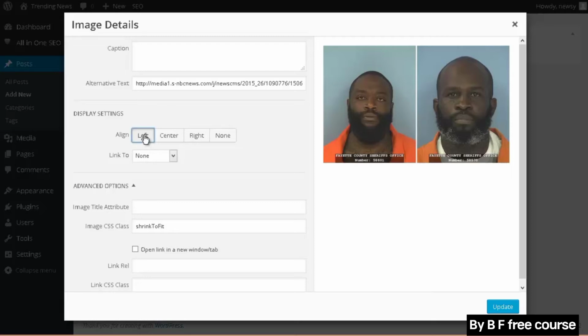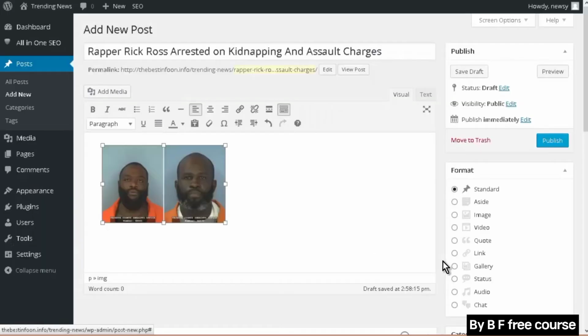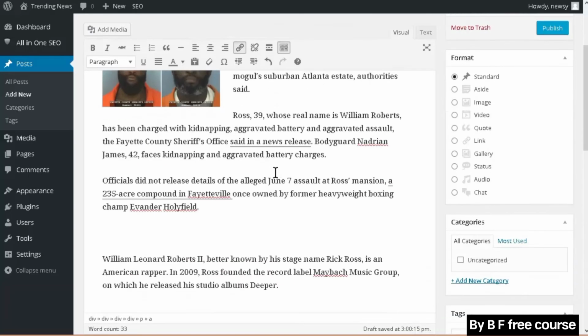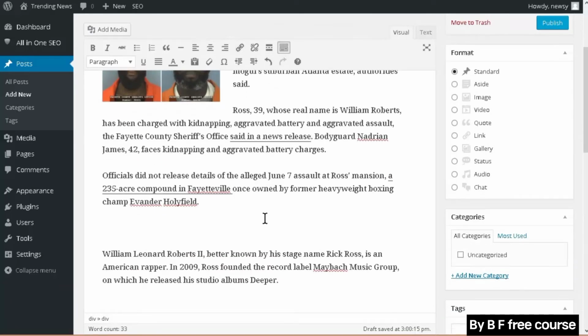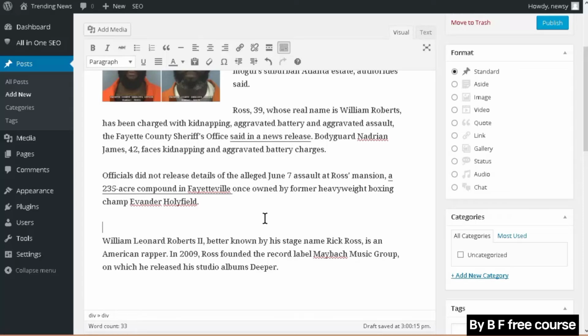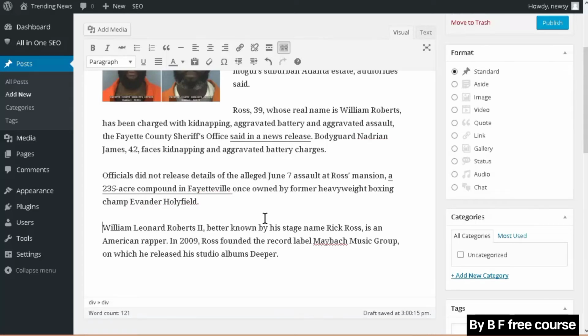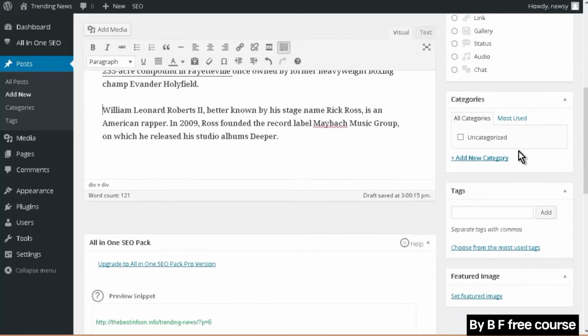So have it aligned left and link to none. So you can do some other things in here, but I got the image in there. And then you go ahead and put your article in as well. Okay, so I put an article in here, and there we go. Now the next thing we want to do is go over here, and we want to add